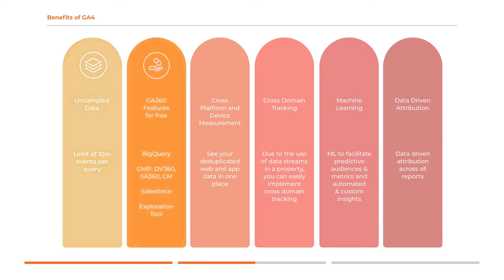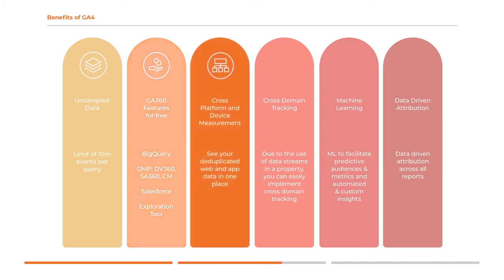And with GA4, it also brings in premium features. So features that used to be only for GA360 users now are available for GA4 standard users. So you can now link to BigQuery, the GMP platform, that's DV360, SA360, Campaign Manager. You can link to tools like Salesforce, and we've got the exploration tool, which was only for GA360, but now it's available in all GA standard reports. And then